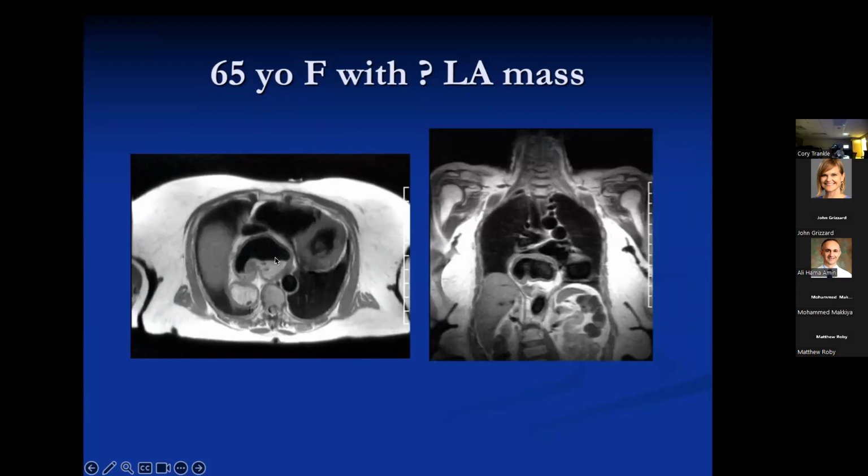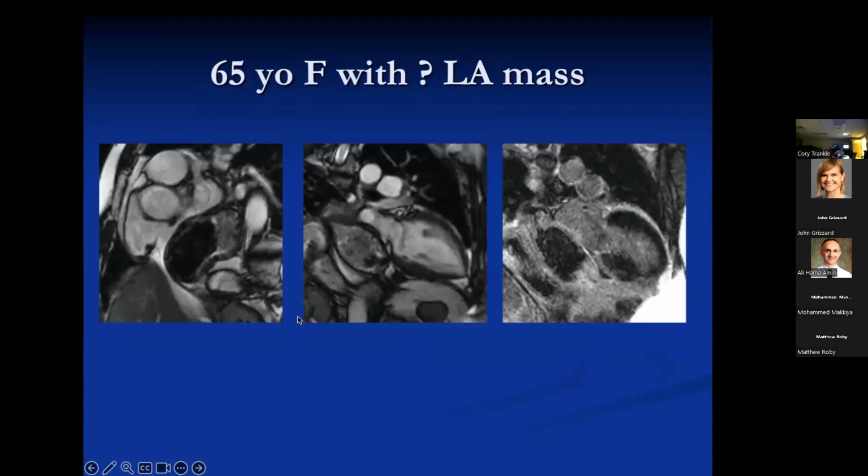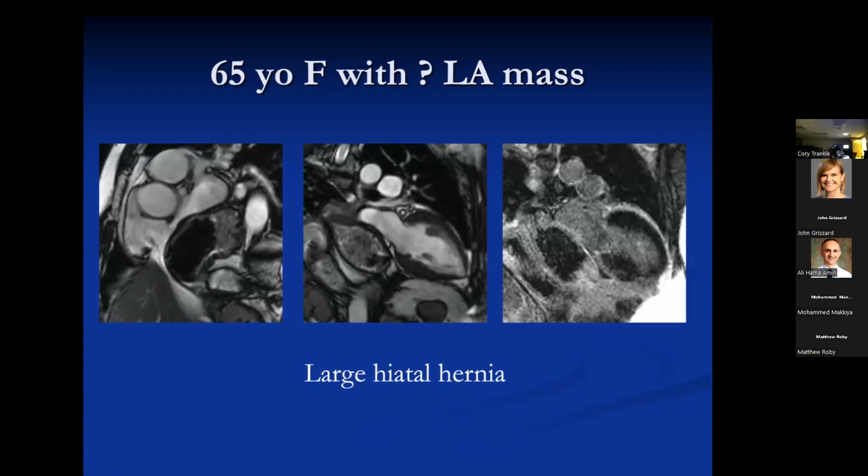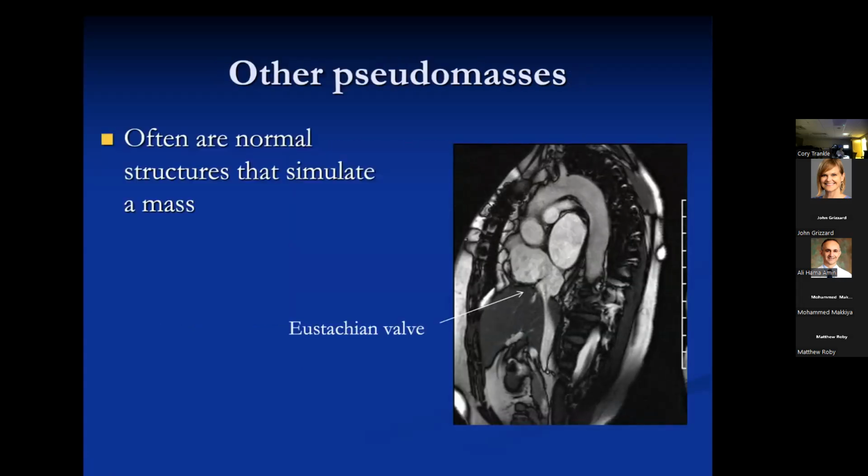I'm going to go to the cine sequences next. It's a sort of complicated or complex mass. See it indenting the left and a little bit of the right atrium and cava. And here it is again, indenting that. And here's a delayed enhancement image of a large hiatal hernia. So this is just when the stomach pooches up through the diaphragm and can impinge on the heart. So that's what we would consider a normal variant or non-neoplastic structure.